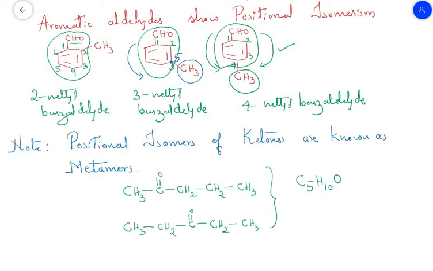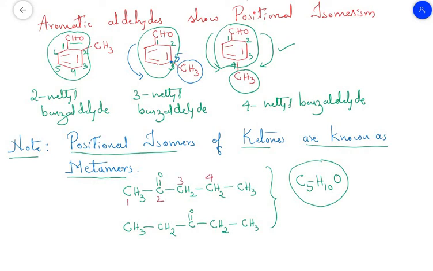So the next one is a note we have here, students. That note is with respect to metamers. Positional isomers of ketones are known as metamers, right, students? So we have the formula C5H10O, which is meant for aldehydes as well as ketones. But if we write the examples for ketones with respect to carbon 5, we have two examples, and if I write the numbers for this: first carbon, second carbon, third carbon, fourth carbon, and fifth carbon. And for the second example, whether you come from this end or that end, the ketonic functional group will have number 3 only.